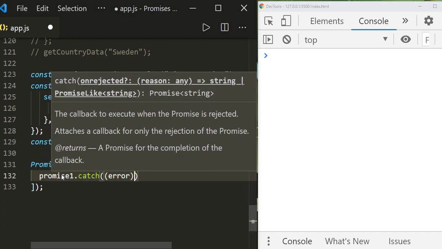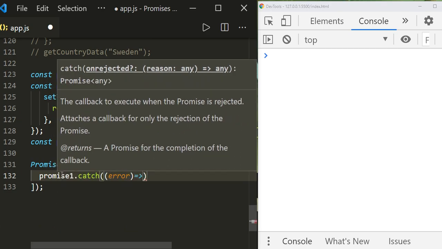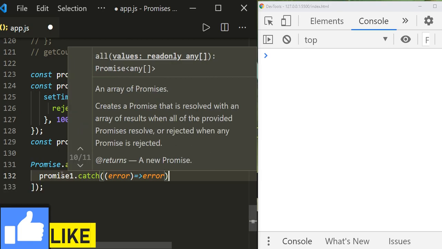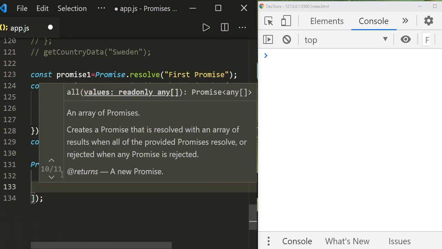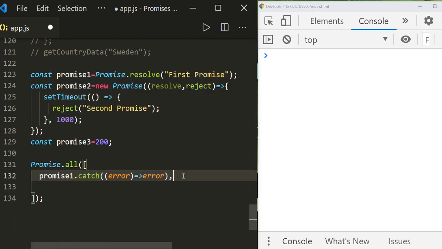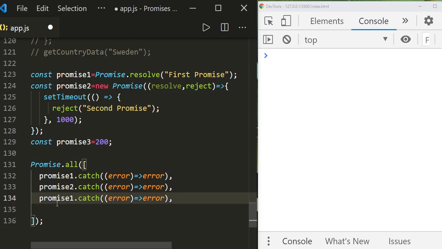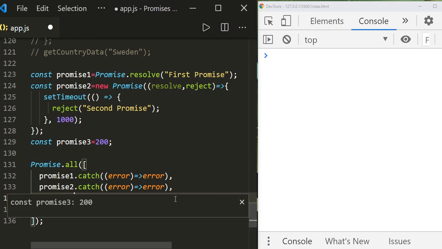So error, and here I am going to return the error. Same way we can do for promise 2 also. Promise 2 catch error, and then promise 3. And here promise 3 is just a primitive type, so it doesn't contain the catch handler or method, so it will throw errors. That's why I just keep promise 3.